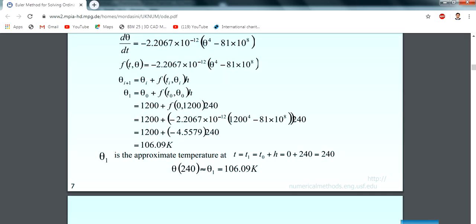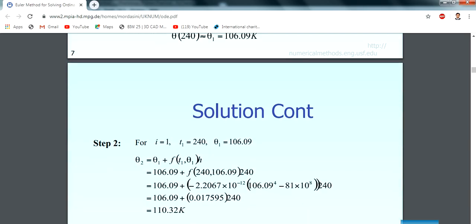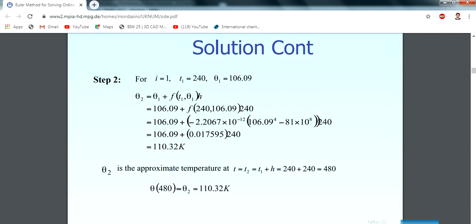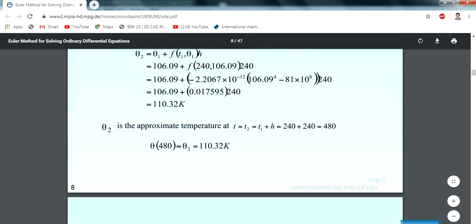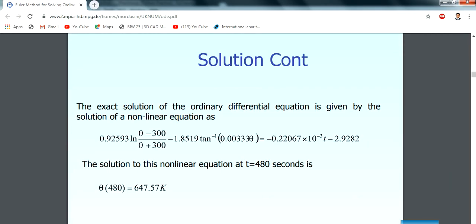Okay, and the second iteration shows 110.32 Kelvin. You can see there 110.31 Kelvin. Okay, and our exact answer is 647.57 Kelvin, and our answer came around 1100 Kelvin.